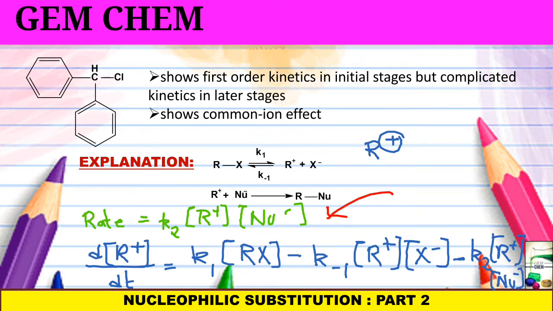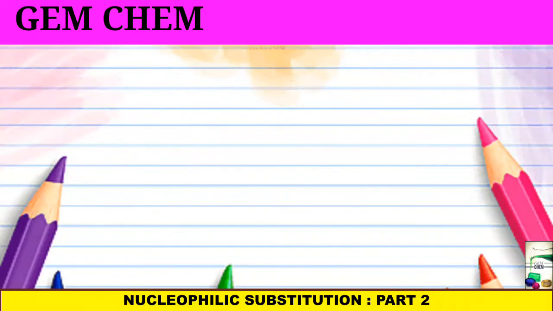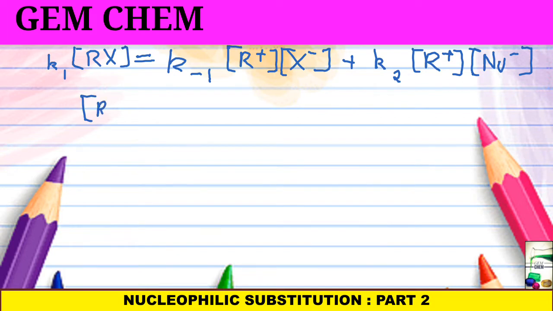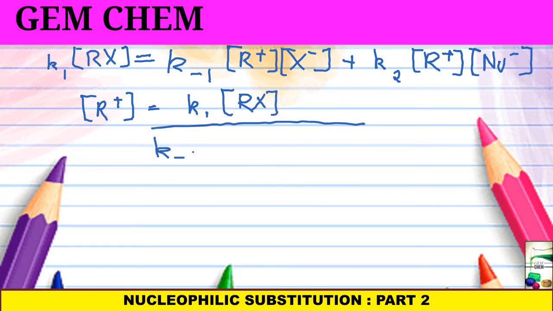[Nu-] concentration. Now from here, since this is equal to 0, we can get k1[RX] equals k-1[R+][X-] plus k2[R+][Nu-]. And from here the R+ concentration can be obtained as k1[RX] divided by k-1[X-] plus k2[Nu-],